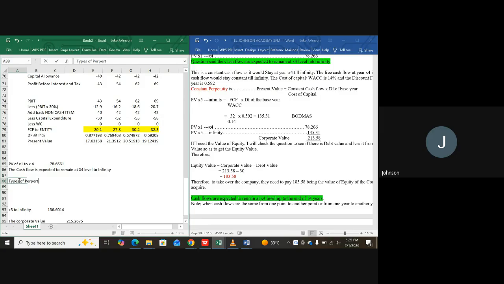Number one, we have the constant perpetuity, which is always gotten by taking the cash flow of the base year, the total of the base year. We now divide it by